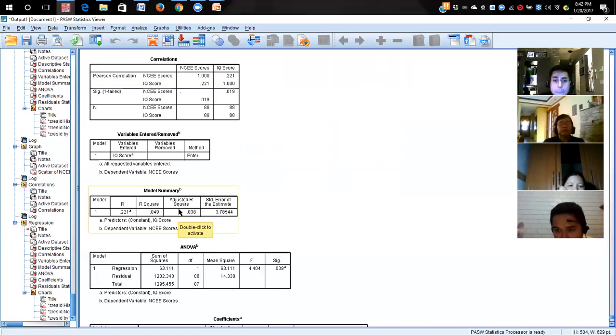So basically, this adjusted R-squared is going to be really small, and the difference between the two is small if you have a higher N sample. And then the standard error of the estimate here is actually very good. It's only 3.78. That's the standard error of the estimate. And again, this is a function of the model. This is a model summary. This standard error of the estimate, which is only 3.78, is